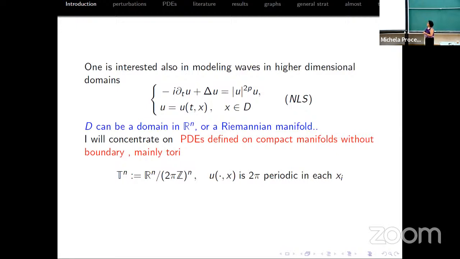And for me, a torus is just R^n mod (2πZ)^n, which means basically that for all my purposes, these functions u are periodic in each of the x variables and nothing more fancy. And then,